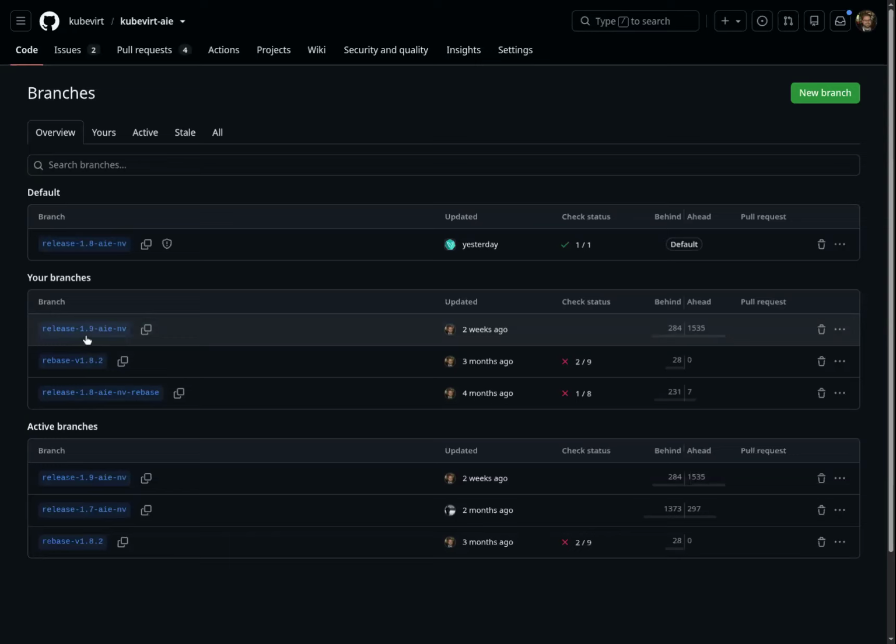There's nothing stopping us from having another branch if we want to specifically target the NVIDIA implementation in terms of the kernel, QEMU, and libvirt. But for this particular AIE branch, we will be aligning with the CentOS Stream AIE builds for the kernel, QEMU, and libvirt.